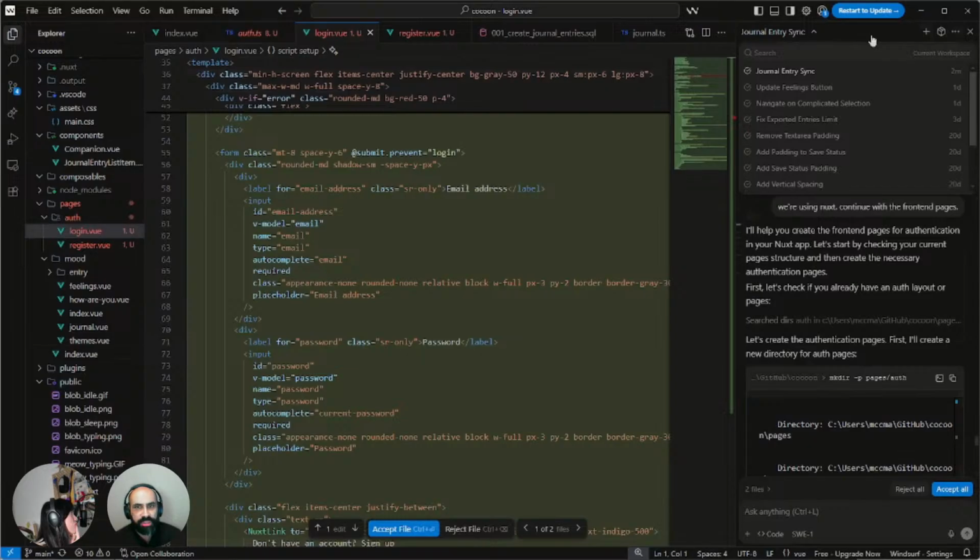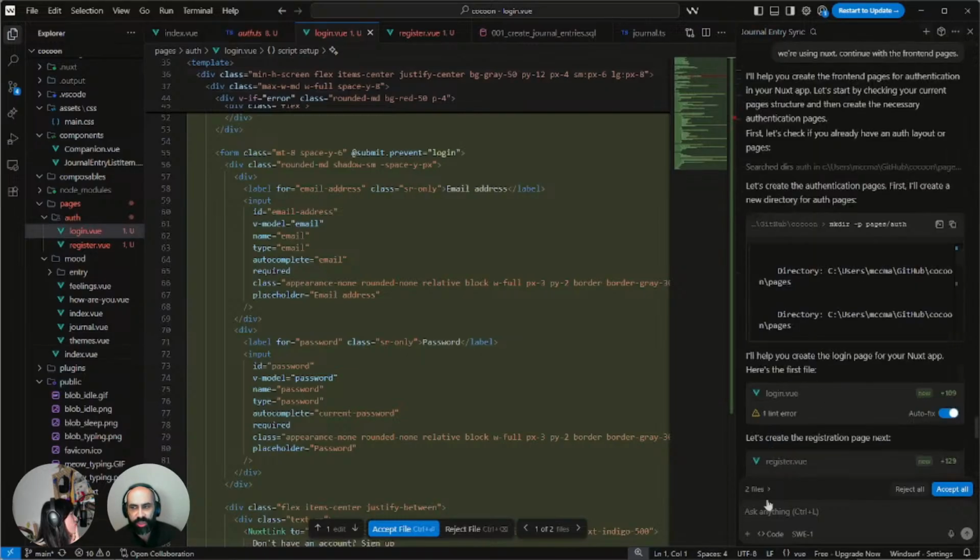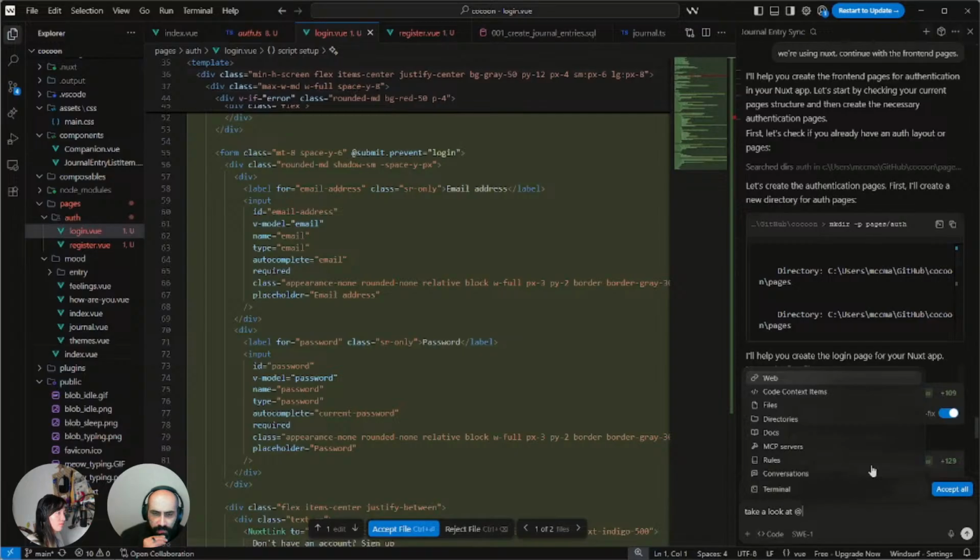Okay, here's what I would do in this case. I would ask it to take a look at the other view pages and look at how they're using PrimeVue components. Should I reference the... I wouldn't.